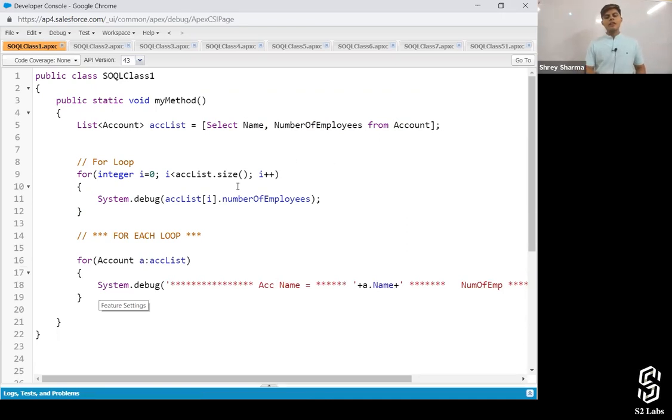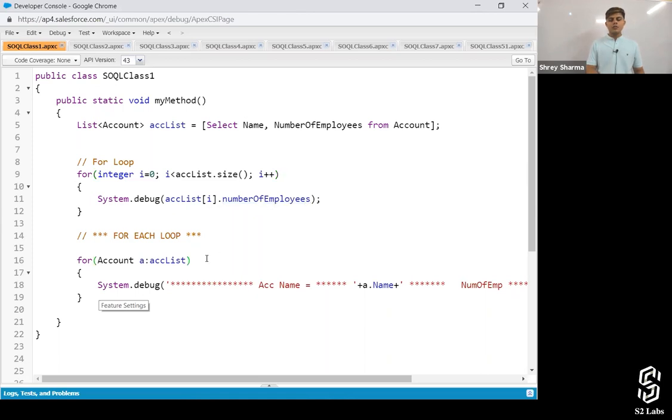Now I want to print the records. I want to see the number of employees field value in here. So what I'm doing is writing a for loop in which I'm iterating for as many records as I've got in this particular list, and then I'm going to print the number of employees. That's all, right?